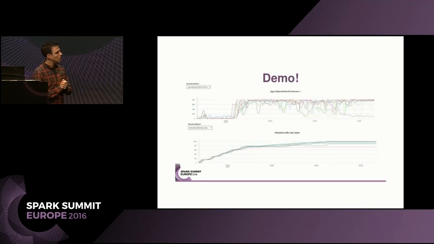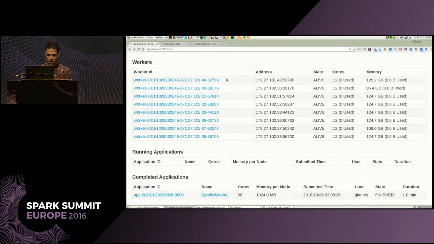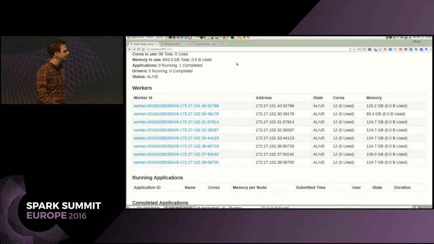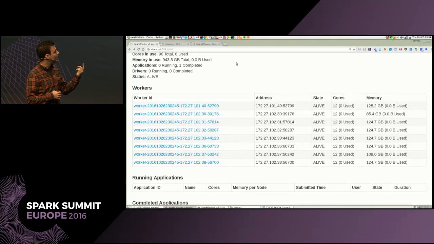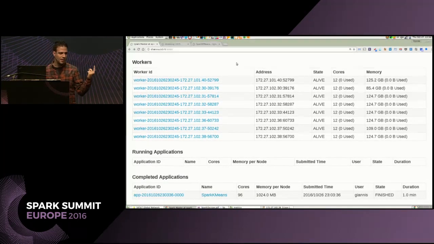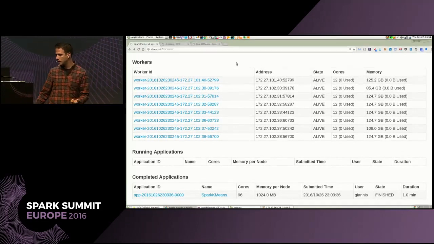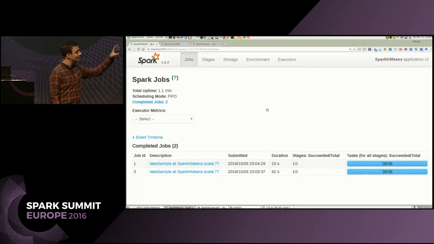Okay, so now it's demo time. What I have here is just the cluster that we have in Ireland, and you can see on the historical applications that there is one job that I ran, and we can visualize. So if you select that,